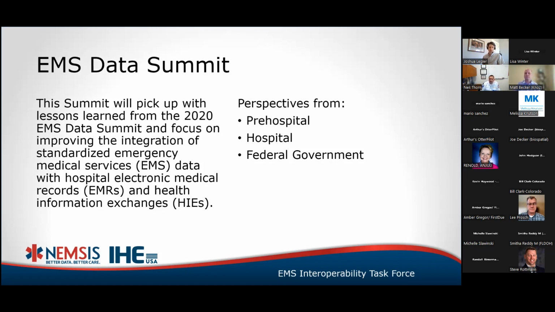I think what's going to boil up in this particular summit is, with the task force, we've tried to stay more on the technical side, make sure that we're understanding what software developers need to do to build their systems to make this all work. But we've identified a lot of stuff that's more policy related. And so I think that this EMS Data Summit will be a great venue for us to figure out some